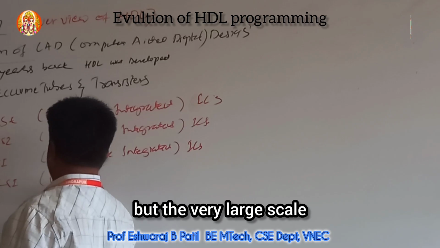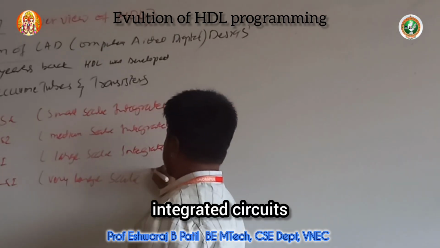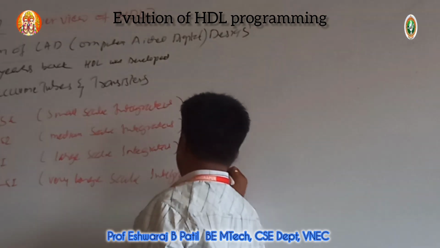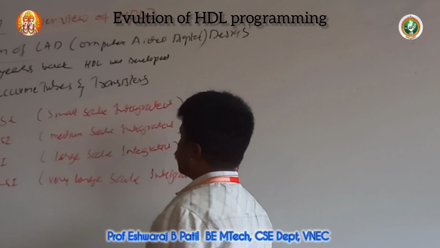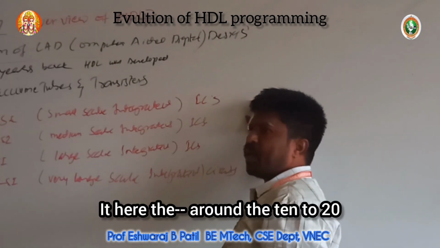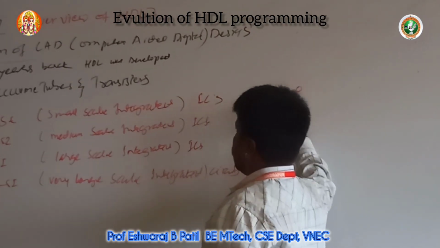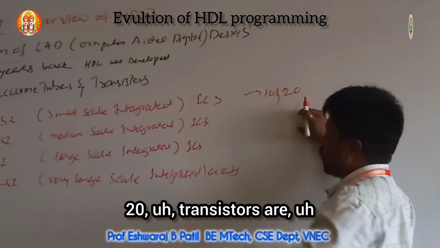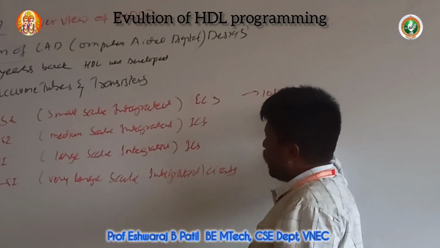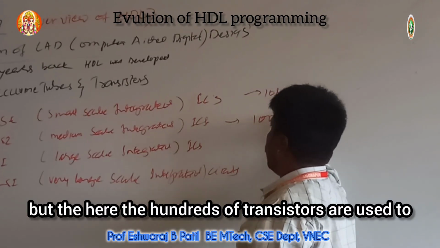VLSI is nothing but very large scale integrated circuits. SSI is nothing but small scale integrated circuits. Here around 10 to 20 transistors or vacuum tubes are used to design ICs. Medium scale is where hundreds of transistors are used